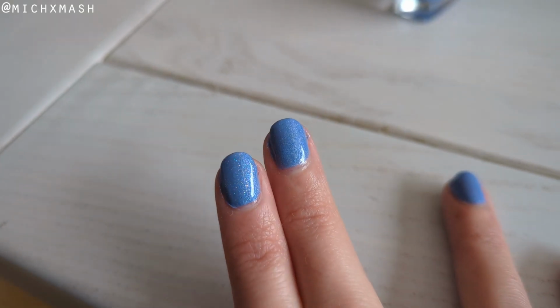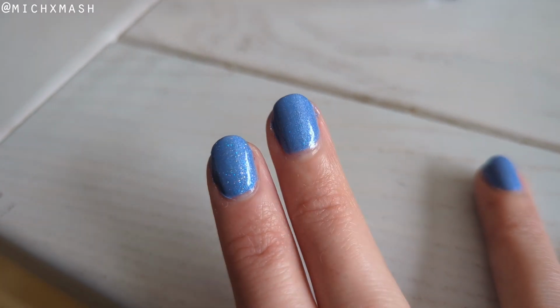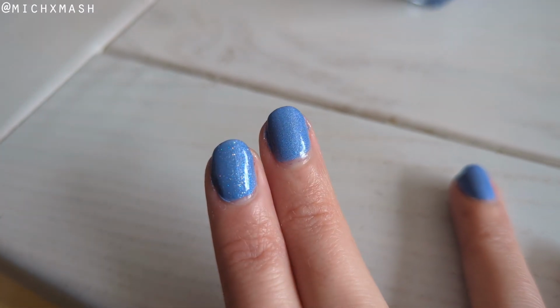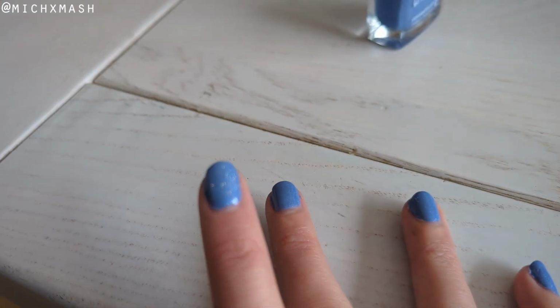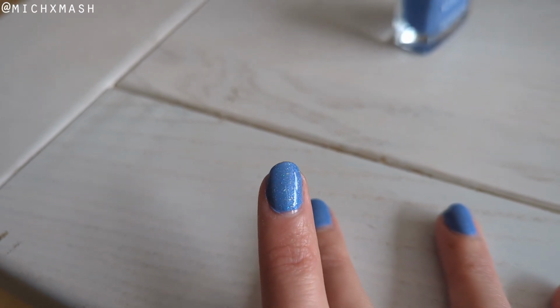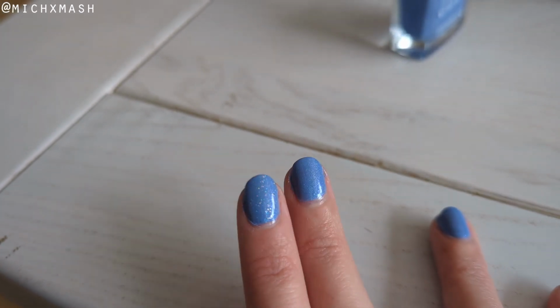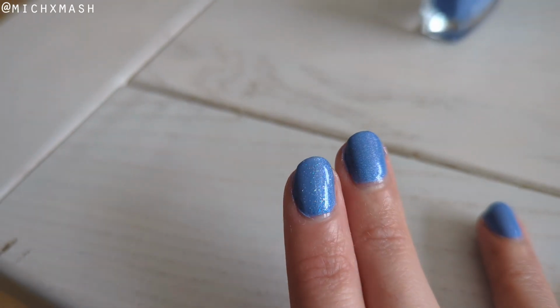Just to give a bit of perspective, this is the finger with some scattered Holo Taco, and this one is without. It just changes the mood a bit. Again, with the scattered Holo Taco, I feel like I'm looking at a nice soft night sky with sparkly stars. The one on the right has a bit of sparkle in it, but it just does not compare to that